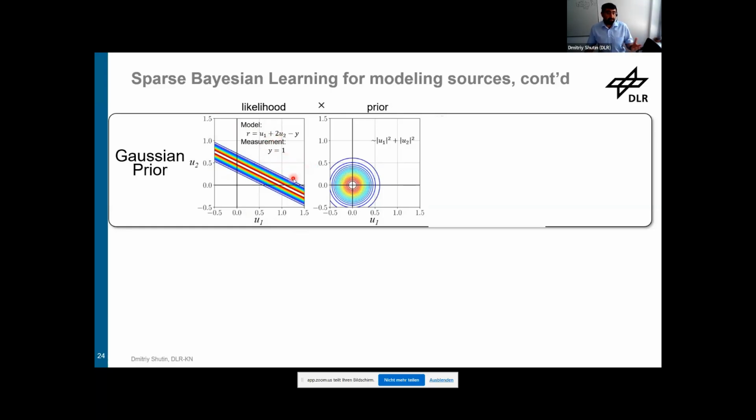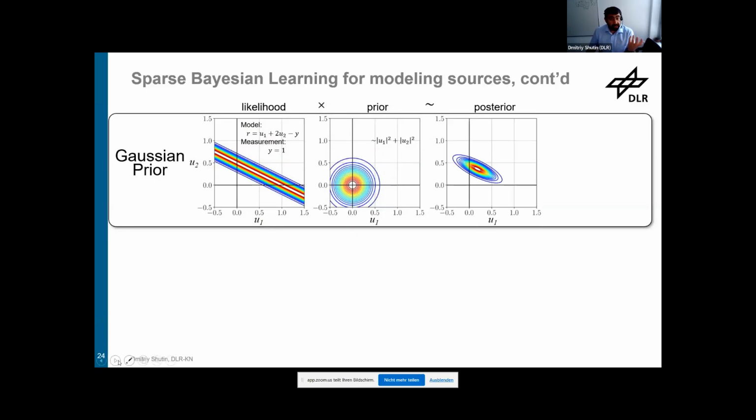The simple solution, or the classical type of regularization that you would use here, because you have just one measurement but two unknowns, is to regularize the problem, and one way to do that is to say that the solution has to be smooth. So you use an L2 prior, which is effectively a circle. If you apply this prior, this is the posterior that you would get. And of course, the maximum of this posterior will get you to solutions 0.2 and 0.3. As you can see, you have two solutions, which would be the maximum solution, placing you somewhere here.